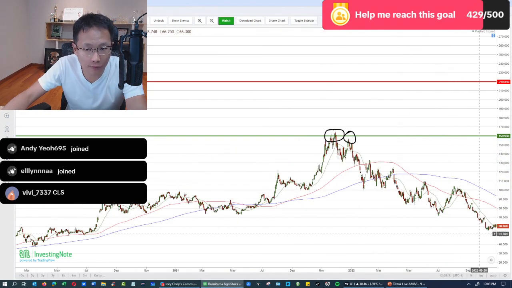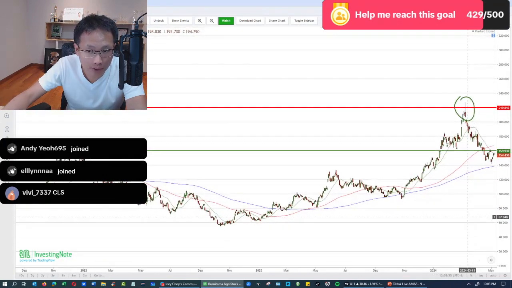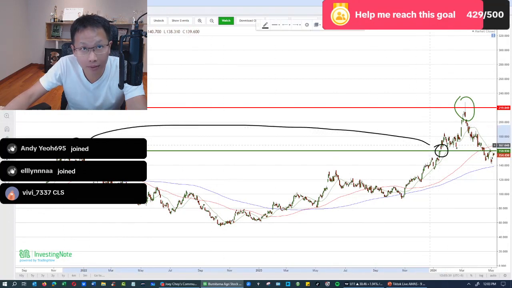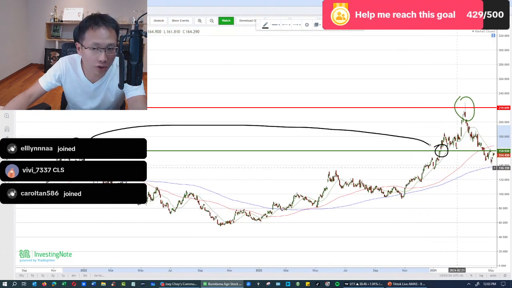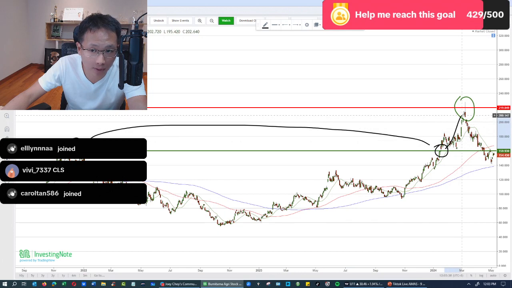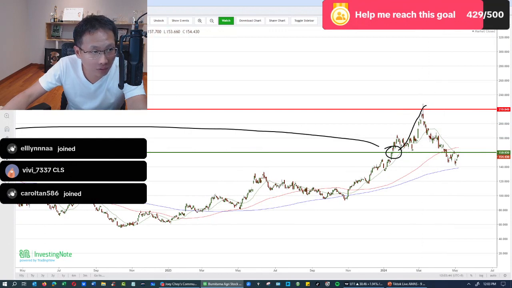Over the past few months, we actually went back above that 160. Look at this right here. We broke above the 160, all the way here. We broke above it, so that's a good thing. It shows that the uptrend can continue even further. And yeah, we went all the way from 160 to 220, but sellers came back. We traded back below, and over the past 1-2 weeks, we were actually trying